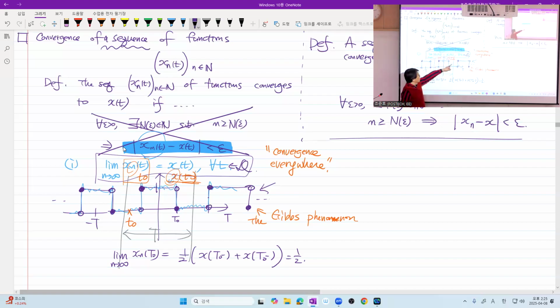So here, the original x at t0 is what? 0. But your left-hand side converges to half of it. So at these points of discontinuity, you don't have this convergence of a sequence of real numbers. But we know as an engineer that, hey, this single point, actually not a single point in the periodic case, so we have countably infinitely many non-convergent points, but we know that, as I told you, what is important in our mathematical modeling